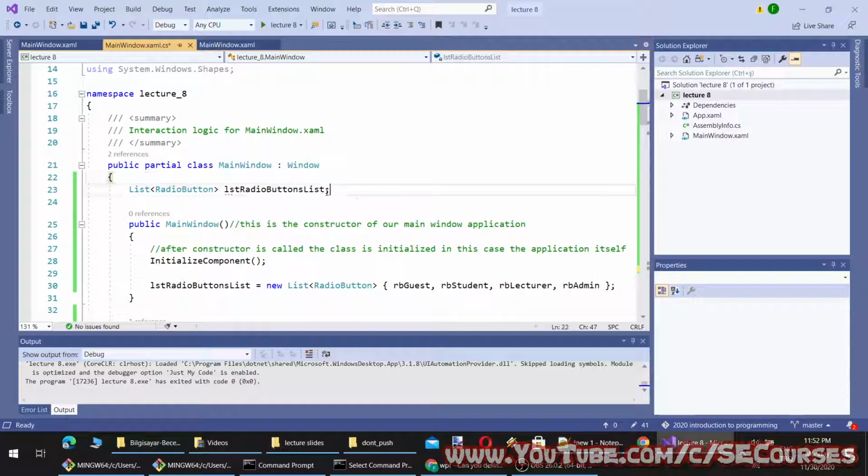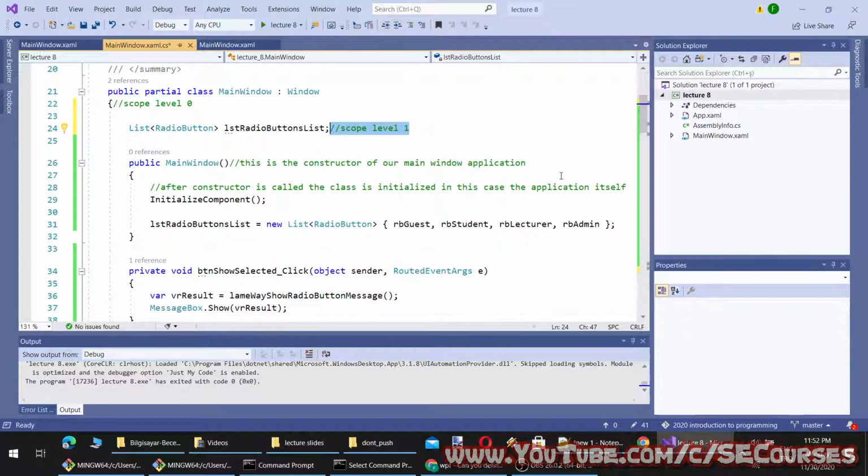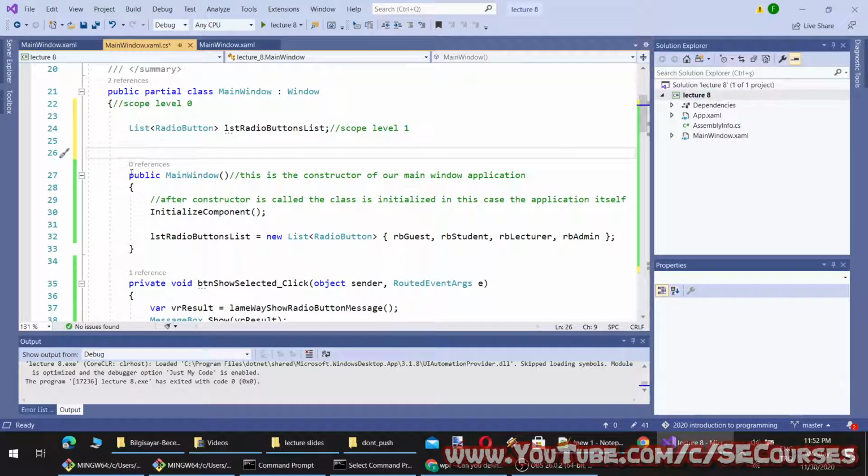So if they are at the same scope level, let's call this scope level 0, and scope level 1, and so since scope level 1, it will be available to all scope level 1.